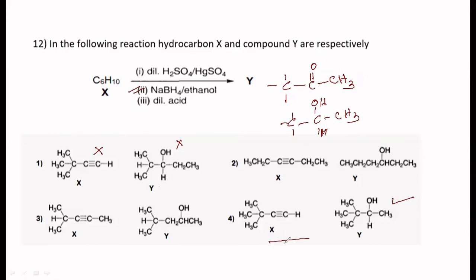So you can take up this, right? But as somebody pointed out, it is possible even with this. Supposing you take this, you are going to get double bond here, O, and this becomes CH2. When you reduce this, you are going to get OH here, which is possible. And even in this case, CH3C, this one is going to become double bond, this becomes CH2, CH2OH, which is possible, right? But in this case, all the three possibilities are there except the first one. So therefore X and Y could be these 2, 3, and 4.